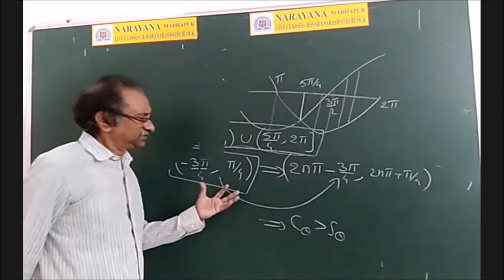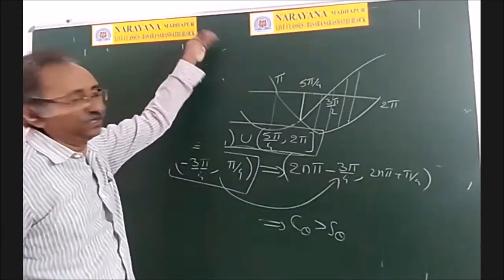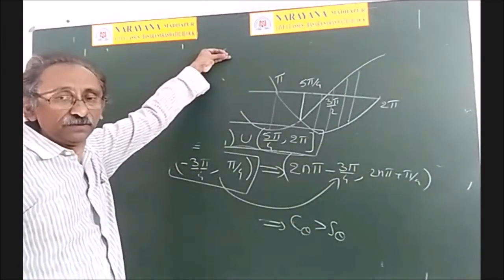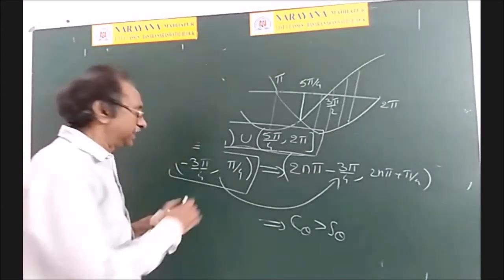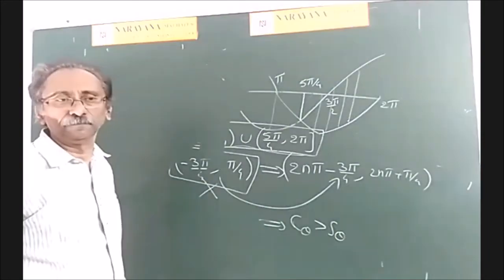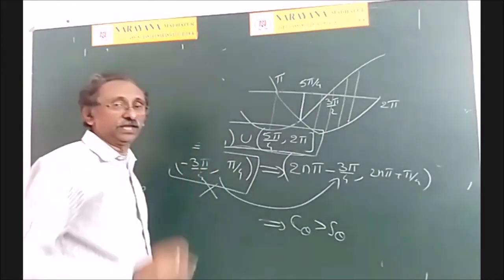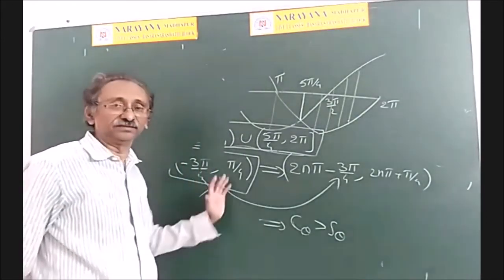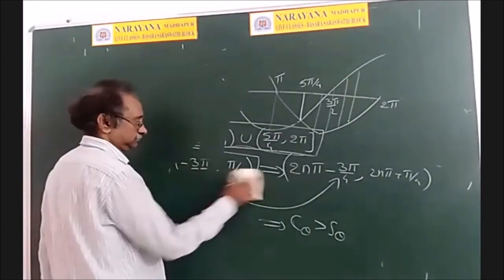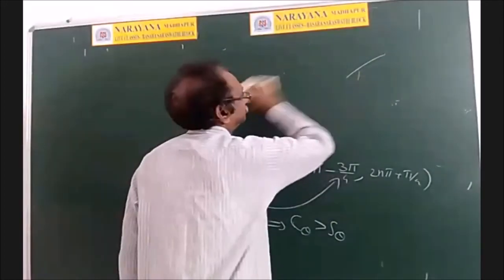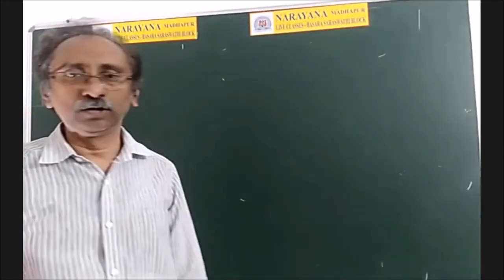So sometimes it is better to substitute a randomly taken angle in the options and verify whether the inequality holds good or not. But be careful: if the inequality fails to hold good, then that option is not correct. But if for a specific angle the inequality holds good, we cannot guarantee that that is the correct option. It may or may not be the answer. Okay? Right. Now tell me if you have any doubts.